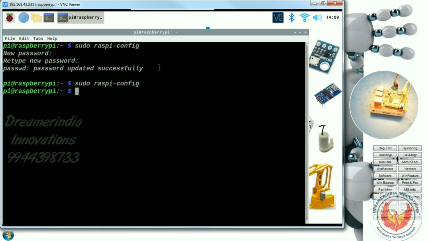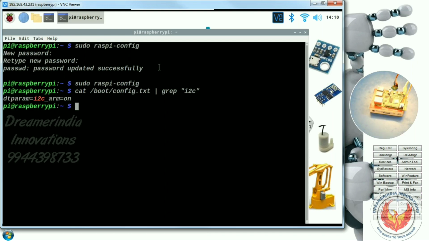So now I2C is enabled, and after enabling it you can check whether it is actually enabled or not by checking the boot config. After reboot you can go to cat boot config.txt file. You can see it is added. I'm just grepping the word I2C alone. Okay, so it will be showing dtparam=i2c_arm=on. So this is how you can check whether I2C is enabled or not, and also you can check it in the modules.